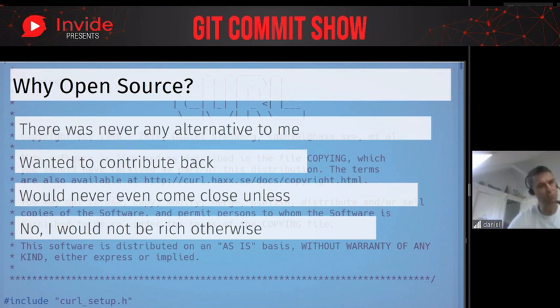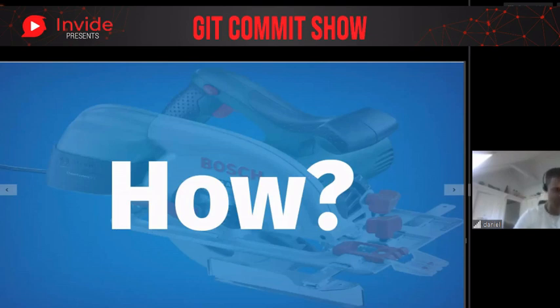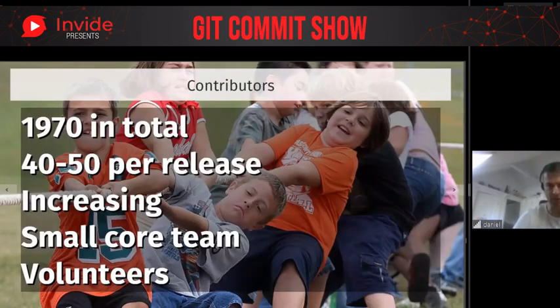So open source was natural, and the only way that curl would ever have been able to reach this success is by doing it open source. So how do we do this? How do we develop from that little thing up to this big thing and into what everyone is using?